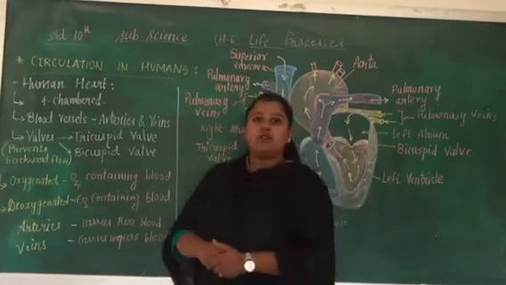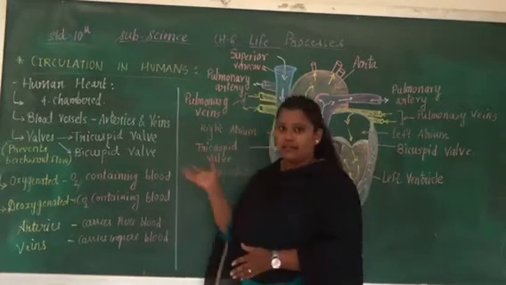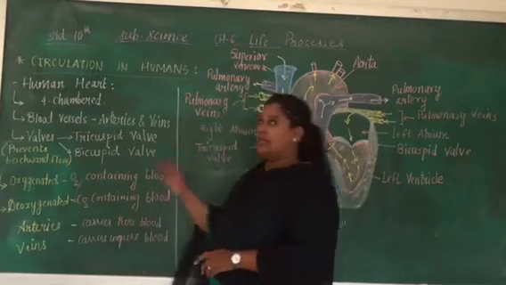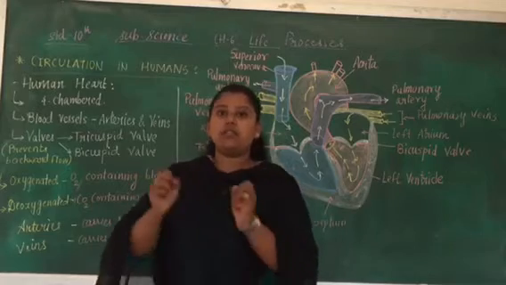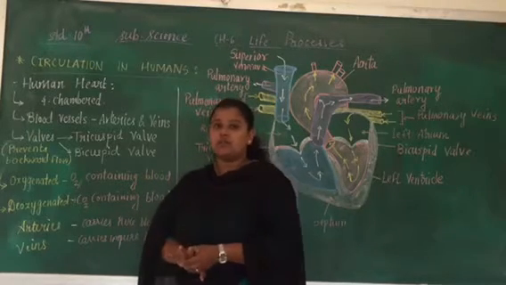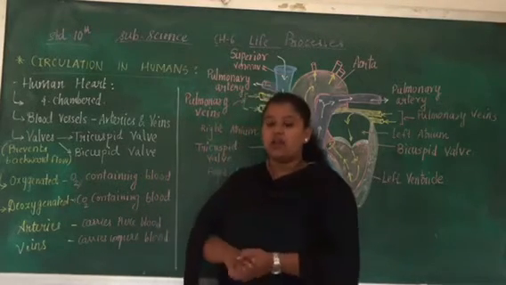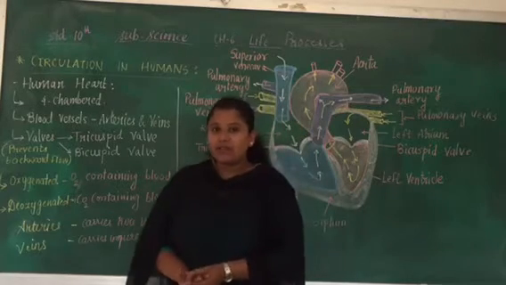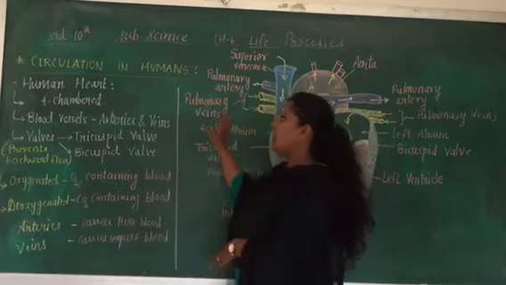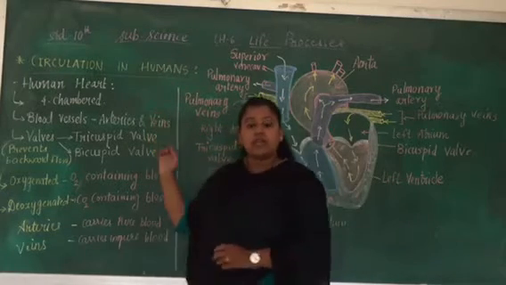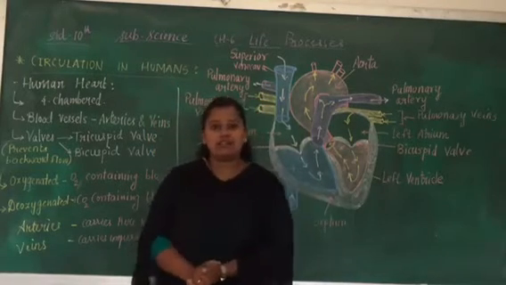Today we are going to see standard 10 science, the biology part, and in chapter 6, life processes, we are going to see the circulatory system. Circulatory system means the circulation which is taking place. In the circulatory system the blood is running throughout your body, right? And today we are going to see how the circulation takes place in humans.